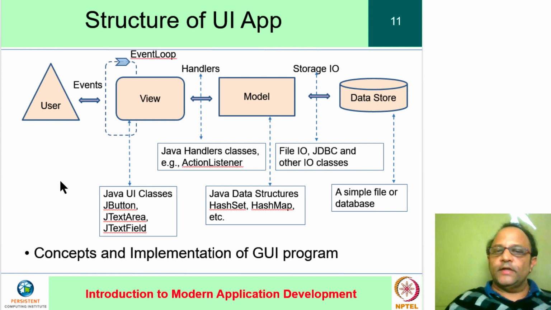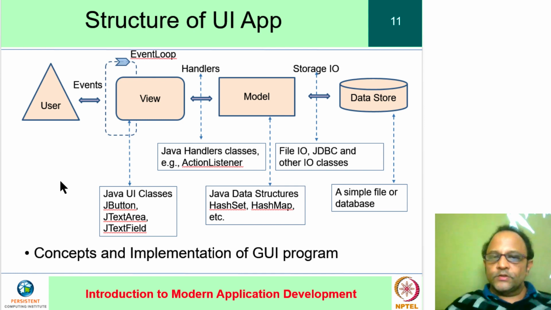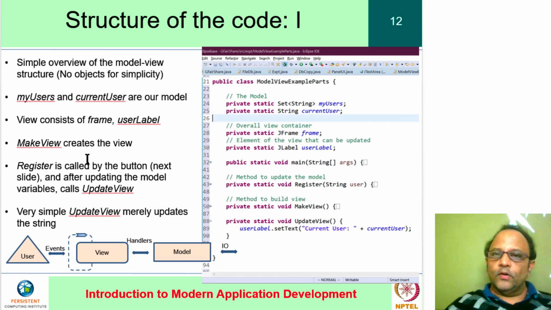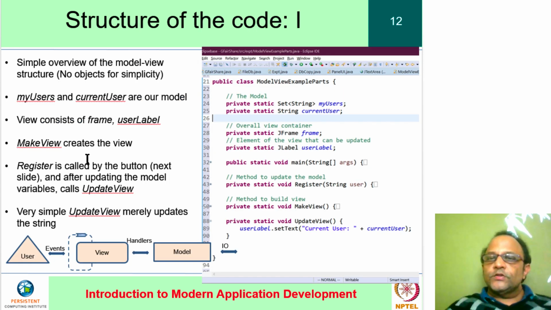Next, let's take a look at the code which corresponds to the conceptual structures that we have seen. Okay, here we go. Slide number 12. In this slide, we are looking at parts of the code that were written to create the application that we have already seen. As you look to the right, I'm using Eclipse, but there's no particular reason why. I'm not making any recommendation about what IDE you should use. Use whatever you are comfortable with.